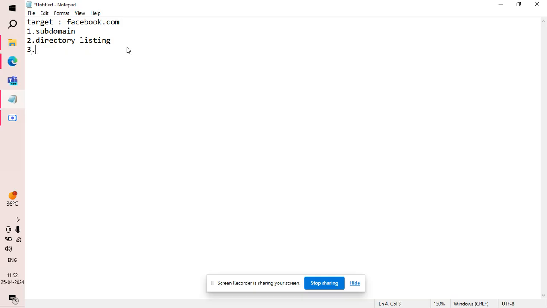In the third step, we have to find all technologies that are used in the particular site. We can use Wappalyzer or we can use Nmap. By using Nmap, we will get all the open ports, the services running on them and the version of that service, everything we will get. So we have to find the technologies, ports or services used in that particular domain. That's the third step. And in the fourth step we have to find